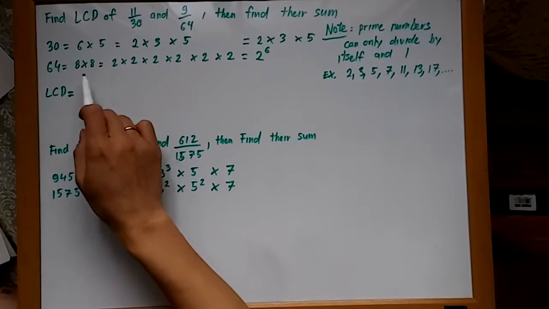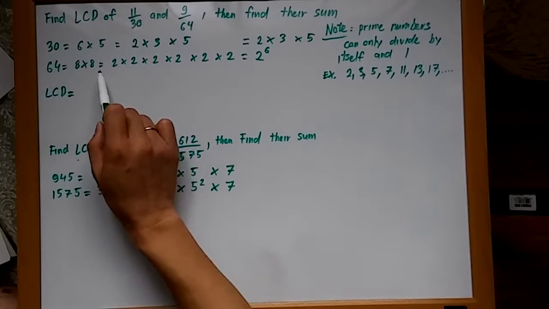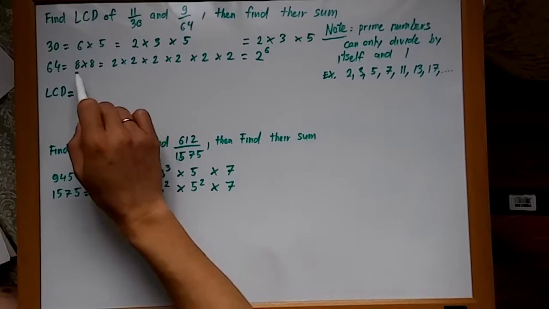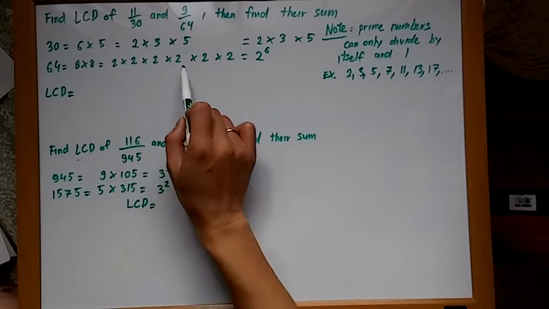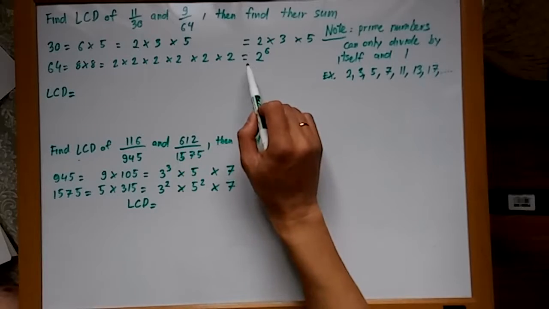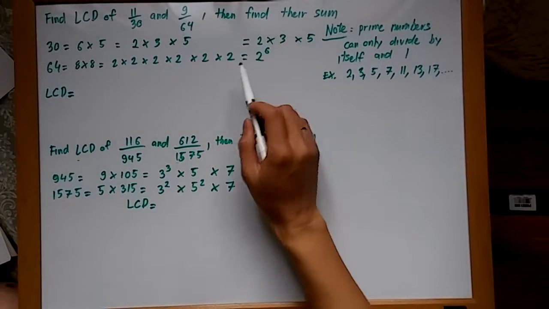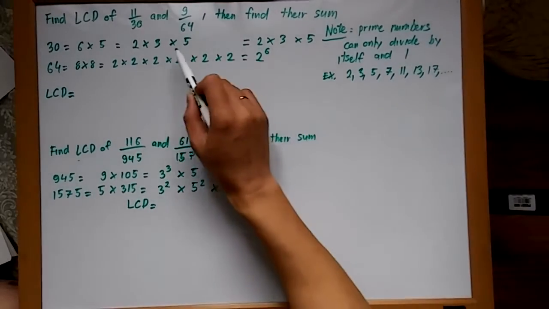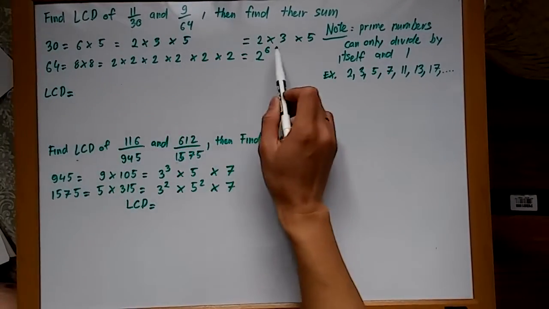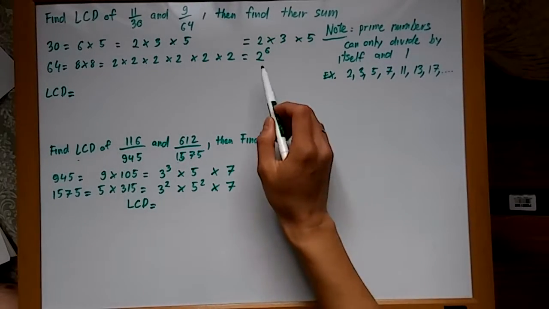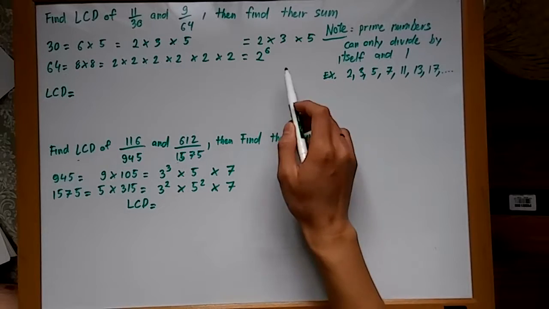8 times 8. 8 is not a prime number. So you keep breaking them out. And as you can see, if you break all 8 times 8 all into prime numbers, you get 2 times 2 times 2 times 2 times 2 times 2, which equals 2 to the power of 6 in the concise form. So I brought over the expression of 30 over here, and after breaking both denominators out into prime